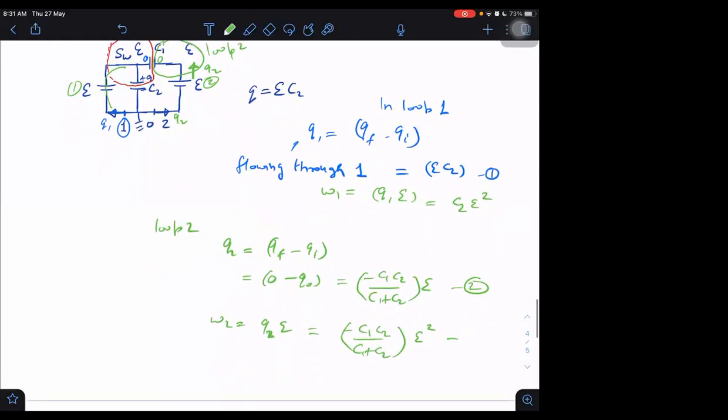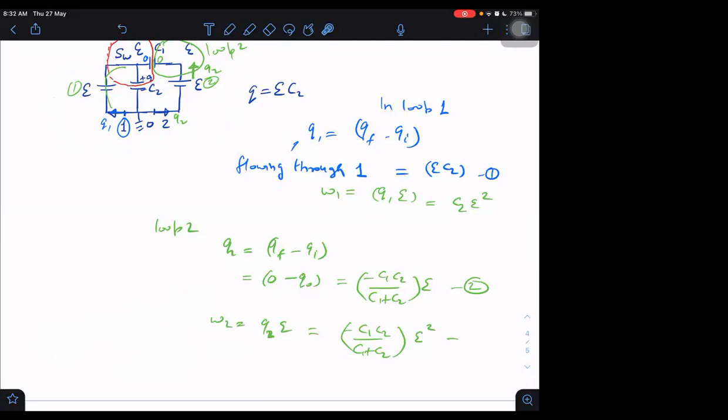Okay. What is the net work done? Mainly in this question, I think Irodov has asked a simple question only. He has asked what is the charge flown. And probably he has asked this simple question because if students are able to answer this easily, then after that they don't face any difficulty. They are able to apply W1 is equal to Q1 into E, W2 is equal to Q2 into E. Once they are able to do this, they can find out the net work done and the heat energy dissipated. Work done by 1 plus work done by 2 minus change in potential energy of the capacitors will be equal to the heat energy dissipated.